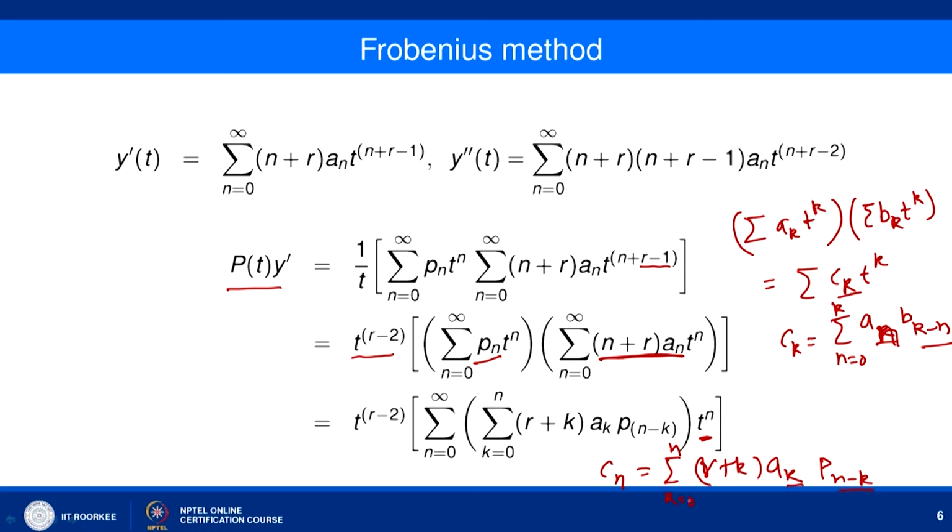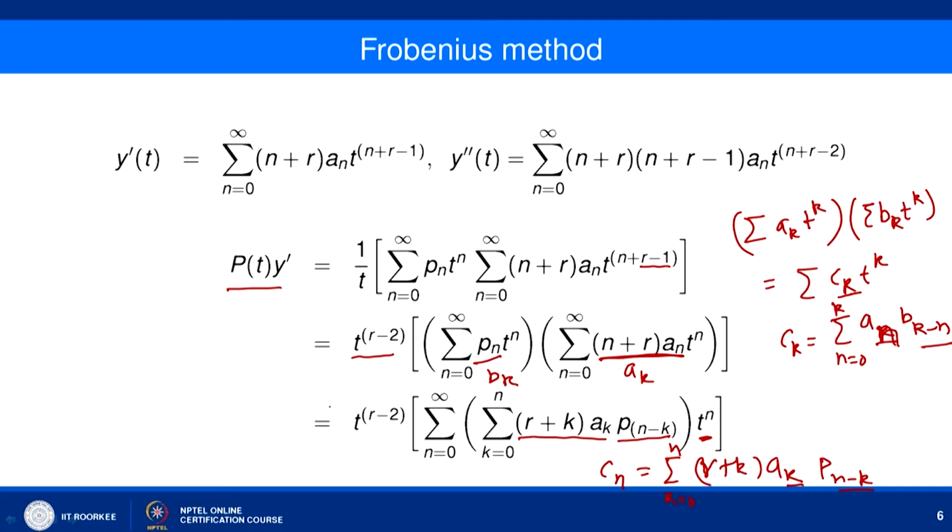So, c n is going to be k equal to 0 to n, here you can write b k and a n minus k. It is kind of a symmetric thing. So, I will write it, this is your a k and this is b k, if you write it like this. Then here we can write this product formula as n equal to 0 to infinity, k equal to 0 to n, r plus k a k. Please consider this as a n k and this as b n minus k. So, that is how we write this product.